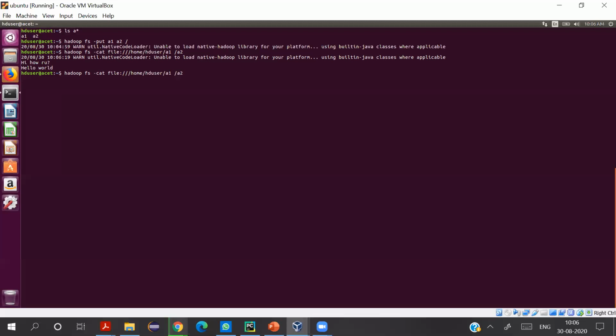What I can do is I can use the hdfs scheme for my name node. I'll mention the name node here, and then the path. So I'm saying display the contents of file A1 from my local file system and A2 from my distributed file system. The output would be the same.